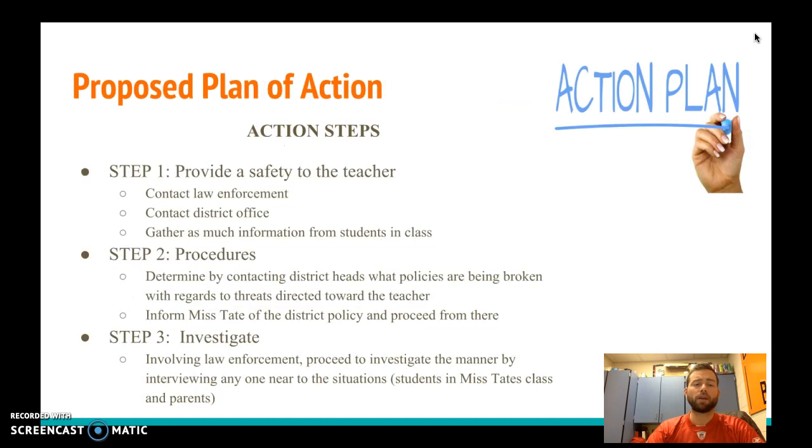Action steps. Step 1: I need to provide safety to my teacher. Again, we're going to contact the law enforcement, make sure that night that she is being protected. She says she was staying at mom's house, but we want to follow up on that. We can't just say, okay, she's going to mom and dad's house, and she's okay. We need to follow up on that for sure, because she needs to go to sleep that night feeling safer